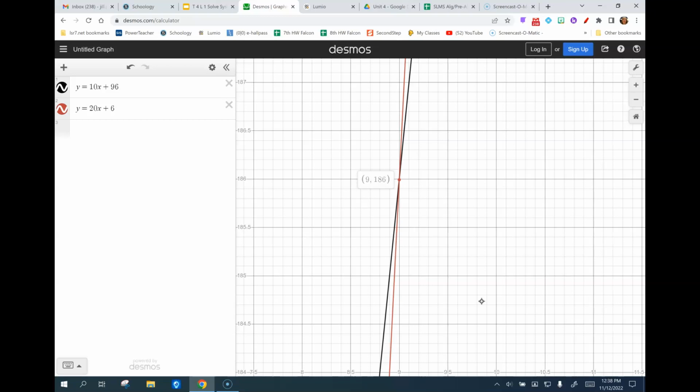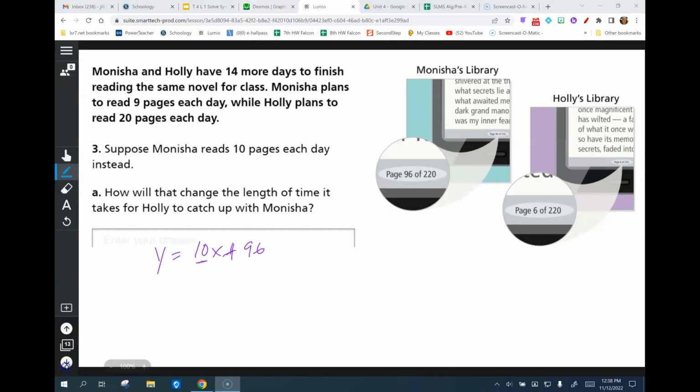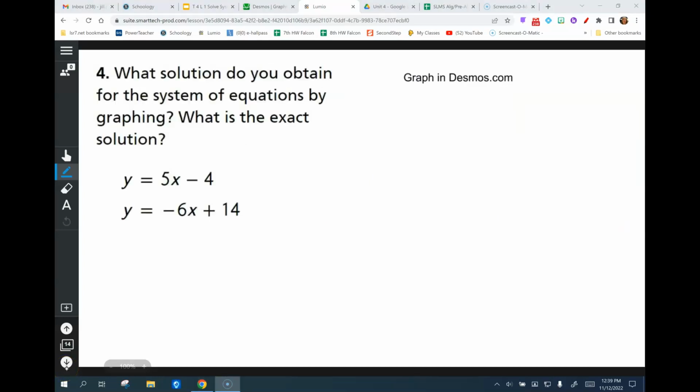Okay, so we just could go into Desmos and change that. The second part would be, hey, when does she get done? Length of time it'll take for Holly to catch up. Oh, actually, we're done. It's going to take 9 days. Okay, good. So again, when it says an exact solution, we're going to try to find out what solution do